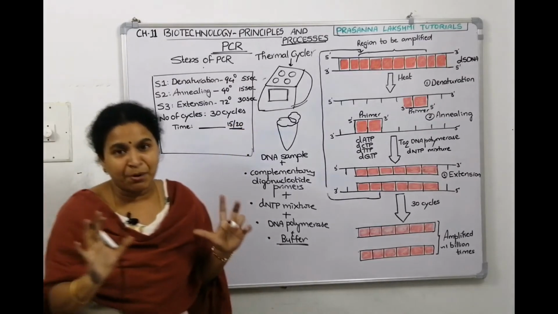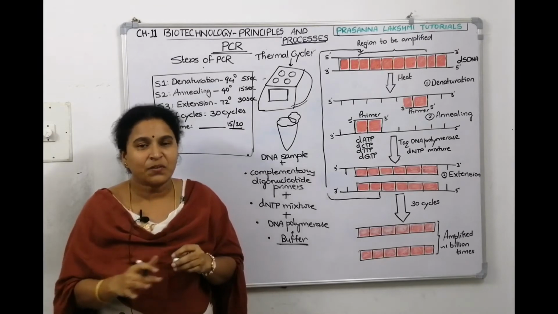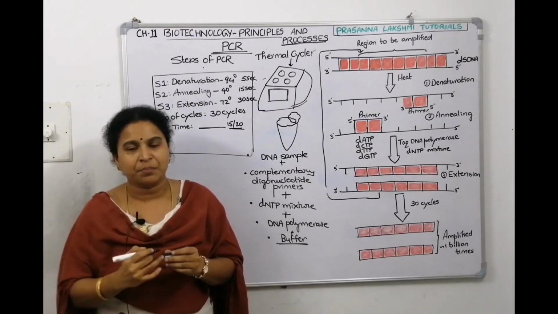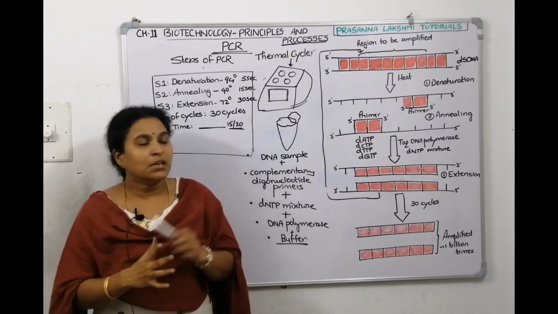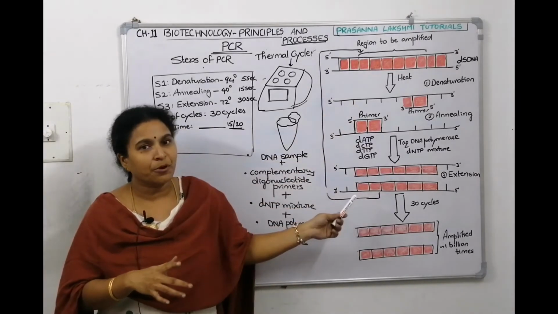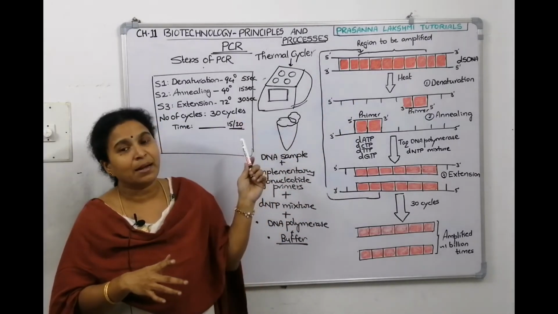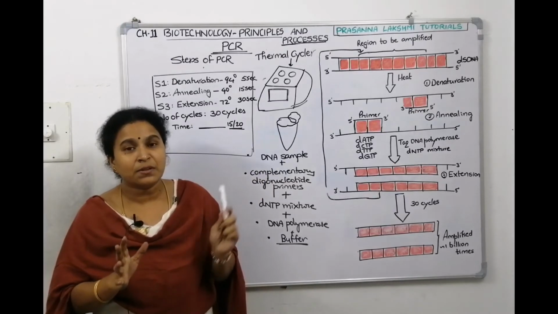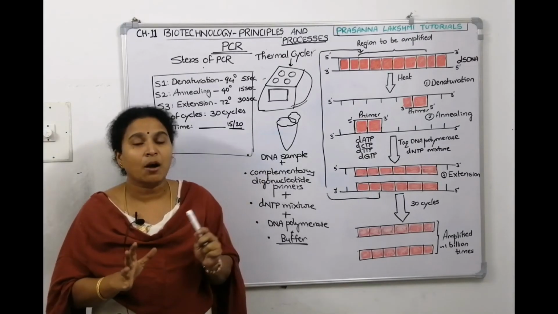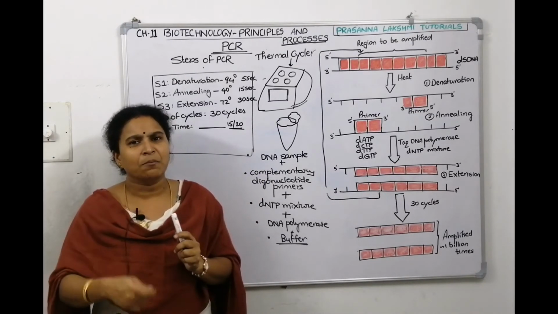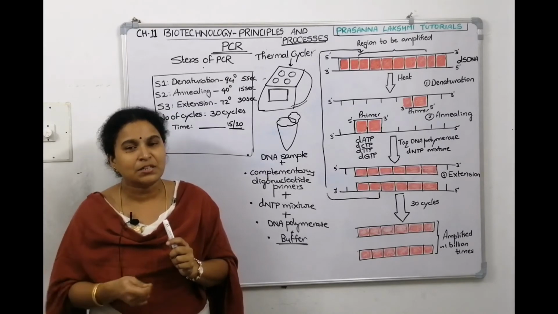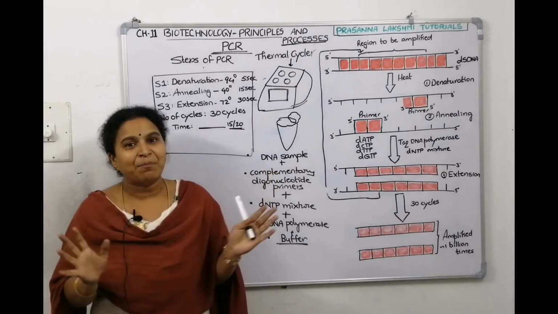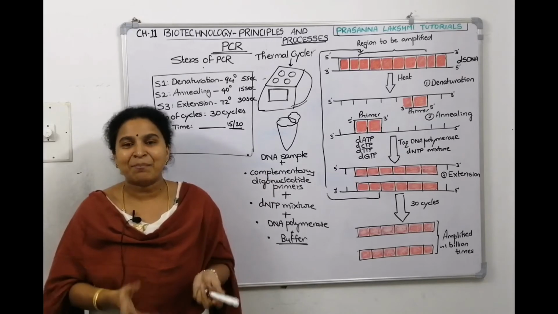Within this time, it will amplify your DNA. So for those 15-20 minutes, you can just go out and do other work. It will do all these things because it is a cyclic process. You close it and you have set the program like this. After 15-20 minutes, when the 30 cycles are copied, it will start giving a beep sound. Beep, beep, beep. It tells you that your DNA is amplified now, you can take it out.